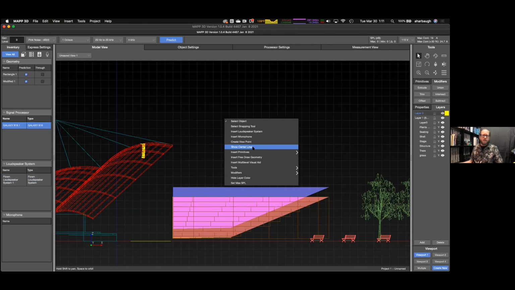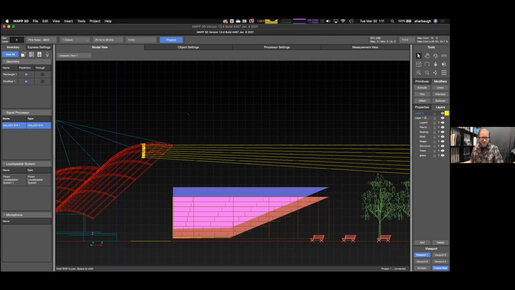And if I right click, I can show center lines, and that will be pretty easy to see that I'm going to completely miss my audience with that default setting. So the first tool for arrays that's super useful and handy is the auto splay. So I'm going to go to Tools, Auto Splay,